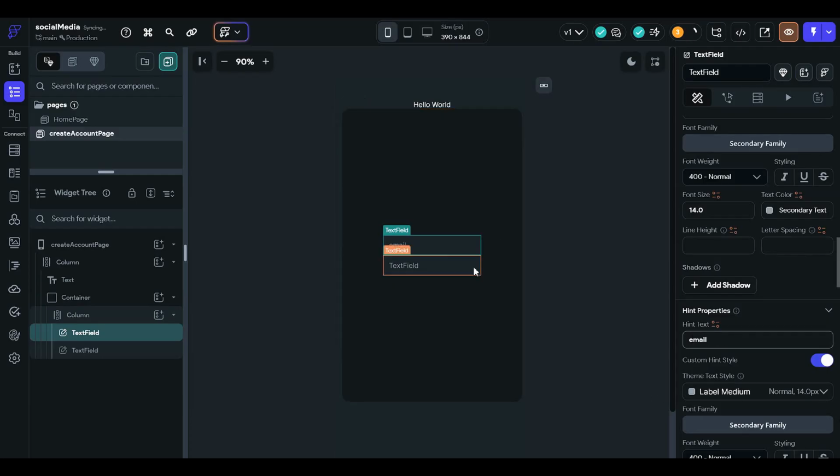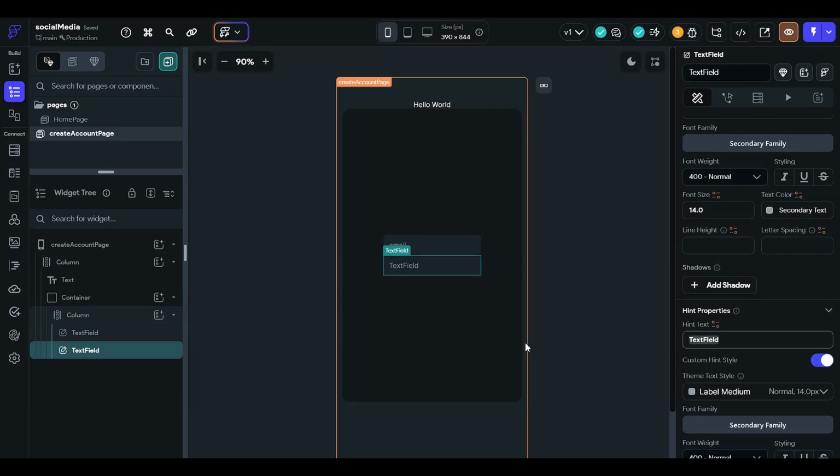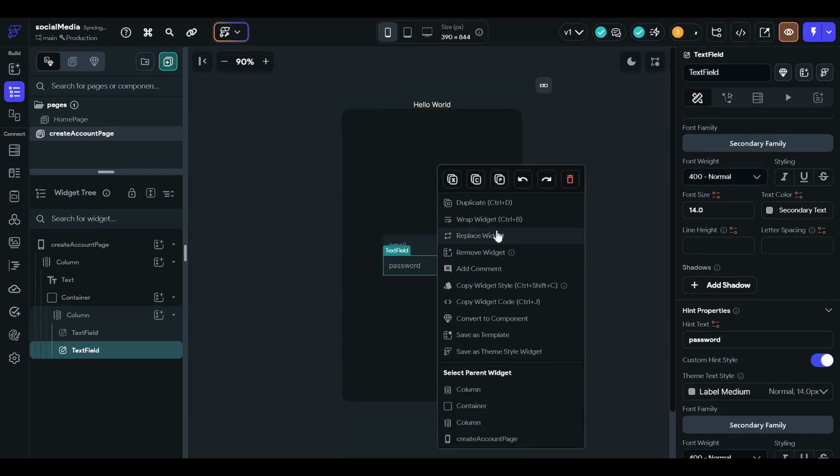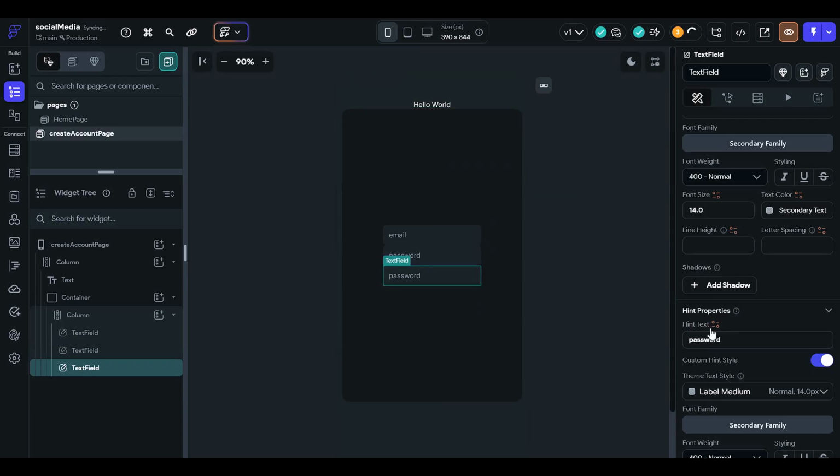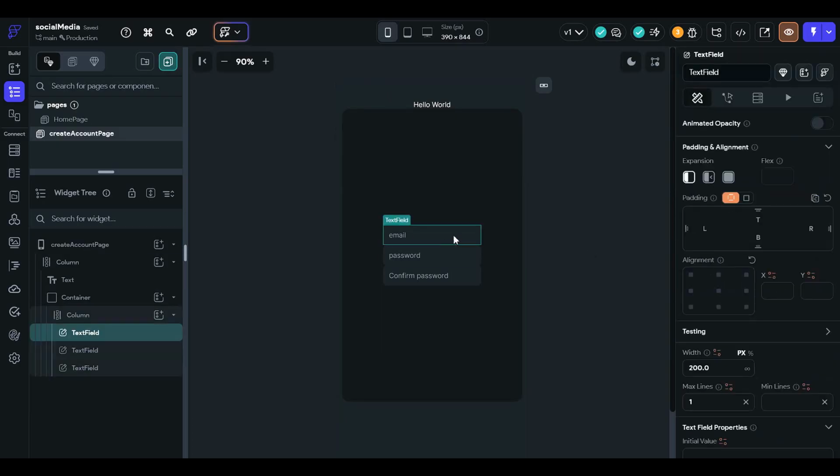We will also create a confirm password text field, so the both of the passwords should be same, and will give this some padding so it looks better, and don't collide the borders with each other.